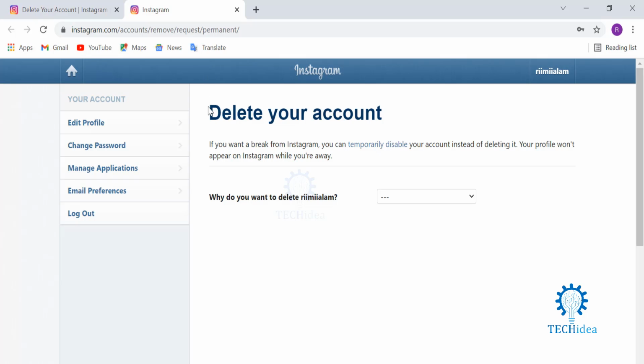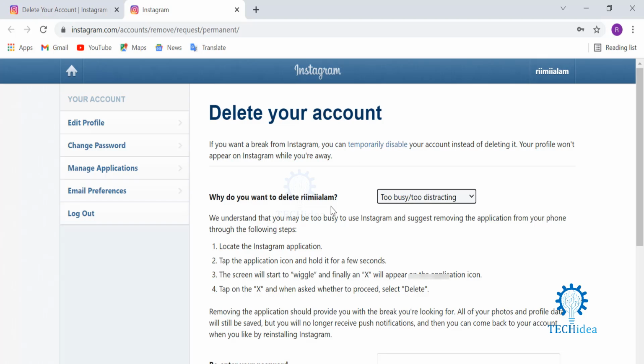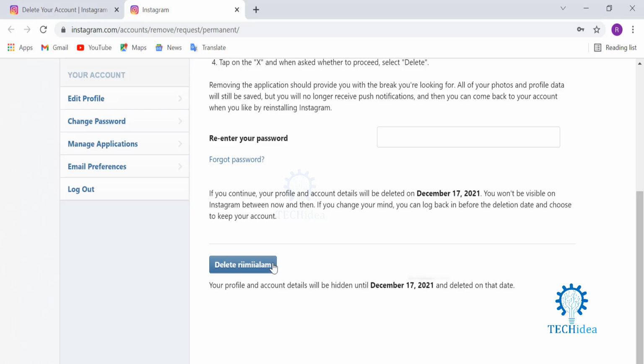Once you're on the tab, if you are not logged in to your Instagram, you have to log in. You have to give your user ID and password. If you are logged in, then you will be getting this page. Over here, I'm being asked why I would like to delete my account. They have given some options. You can either choose if it's troubling getting started or if you're concerned about something. I would like to choose it's too distracting. Once chosen that, you just need to put your password, and if you click on delete, your account will be